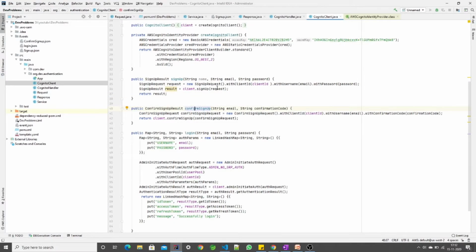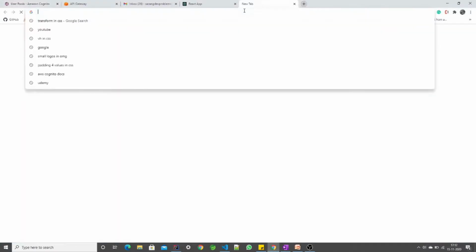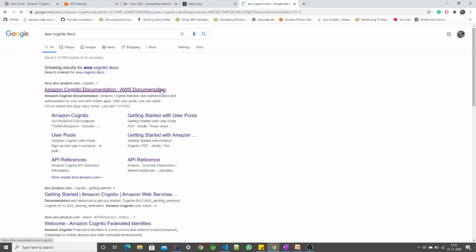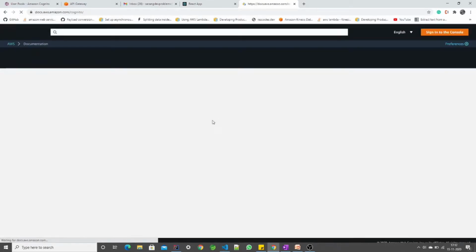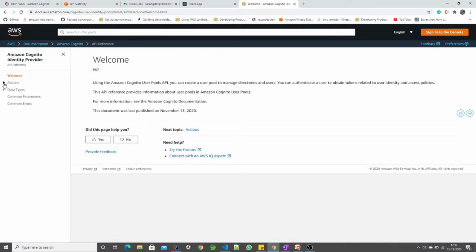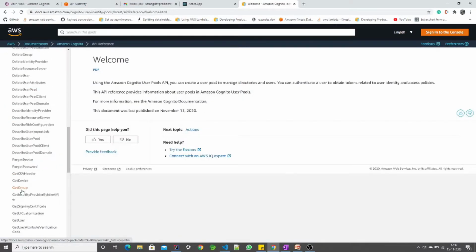Wait, how do I know that I need to send only the client ID, username, and password? Because if we go to the AWS Cognito docs, you need to go to the API reference and search for the sign up API.